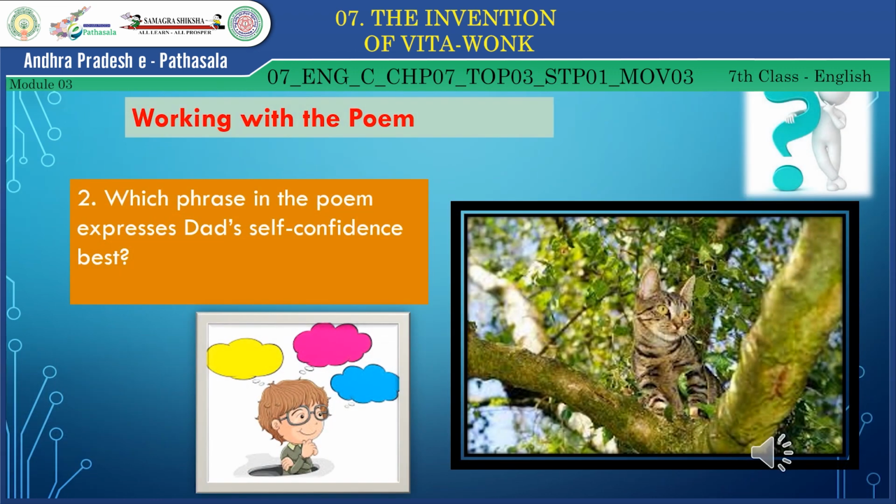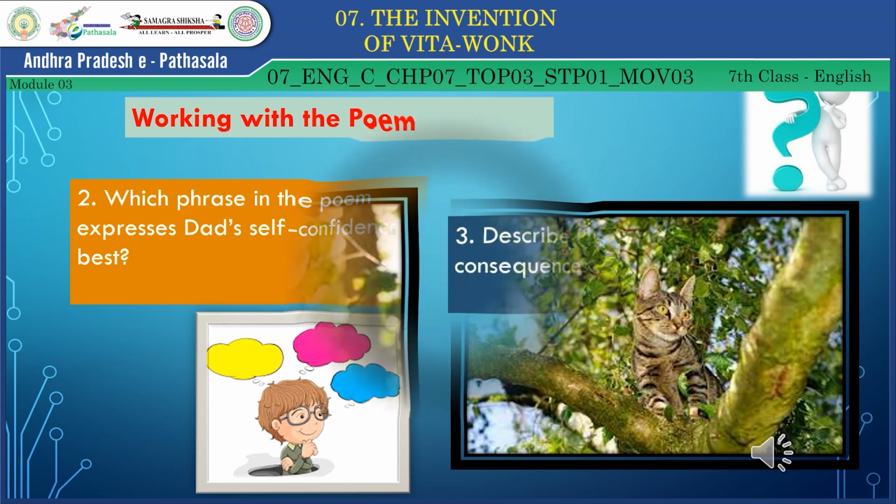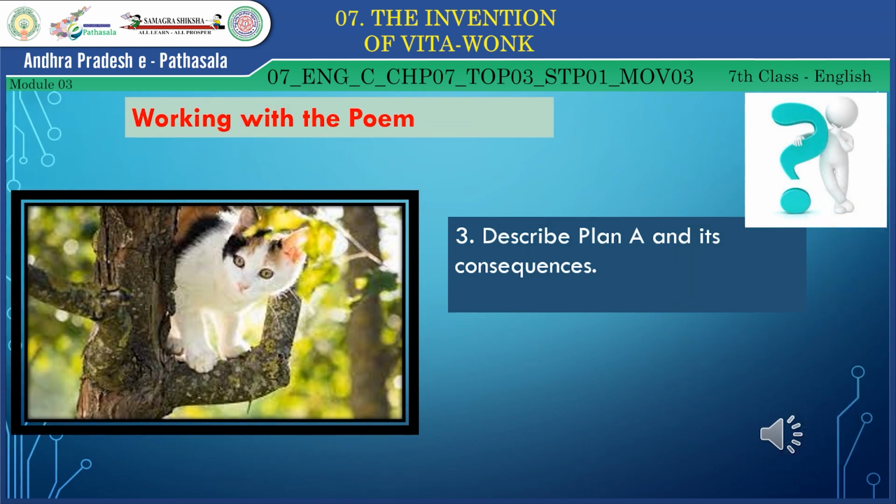Children, here is another question for you. Which phrase in the poem expresses Dad's self confidence best? Think over it and express your ideas. Children, hope you understand the poem clearly. Now, describe plan A and its consequences. Okay? Next question is,